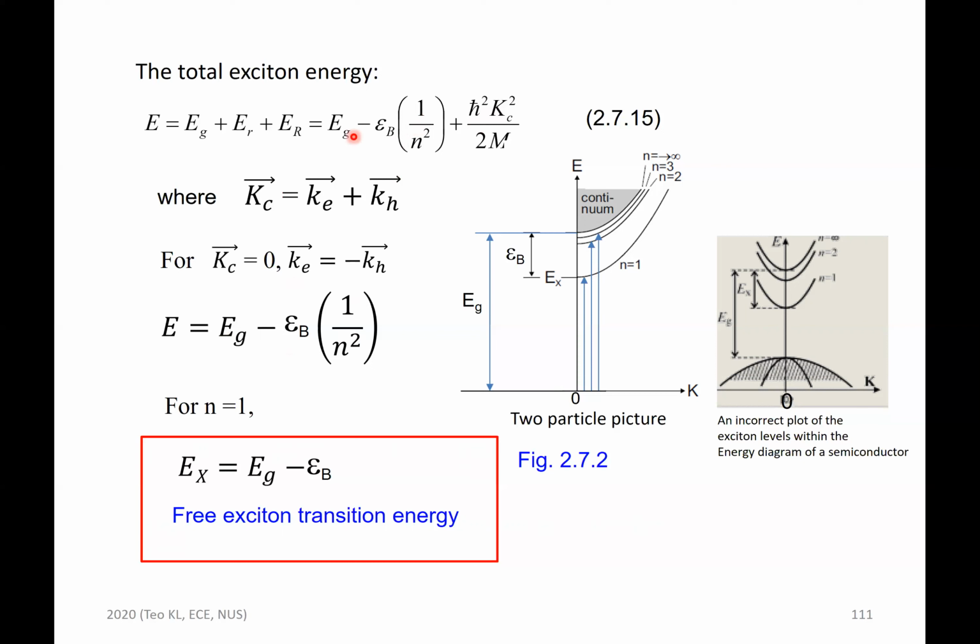So it will be just Eg minus epsilon b over n squared. So when n equals 1, it will just have the epsilon b, which is the binding energy. So this is called the free exciton transition energy. Now, to represent it in the schematic diagram, we cannot use the standard energy diagram in the semiconductor to